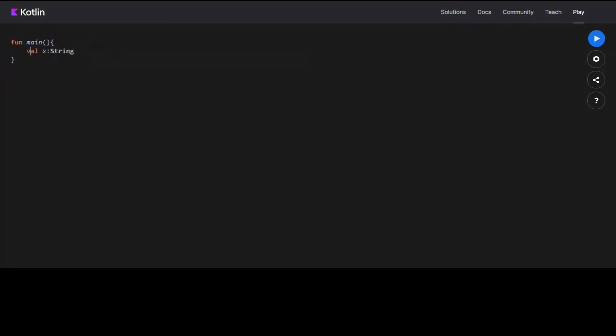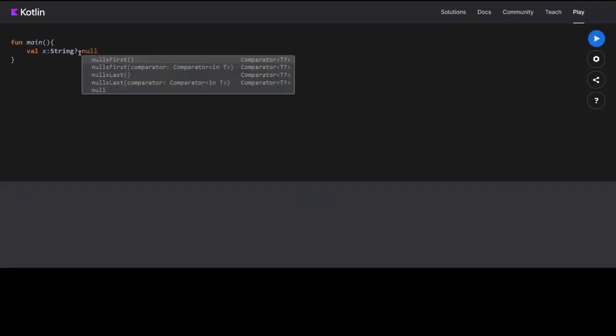Another thing regarding variables: if you want to create a variable that can be null, like if you want to say x is a variable that can be null in the future, so you want to keep it null, then you have to put a question mark sign, and then say equal to null.